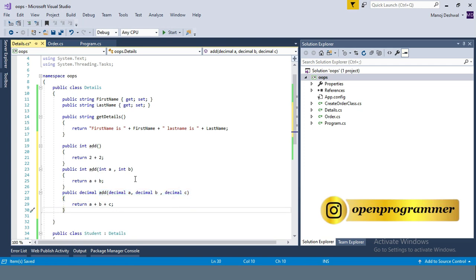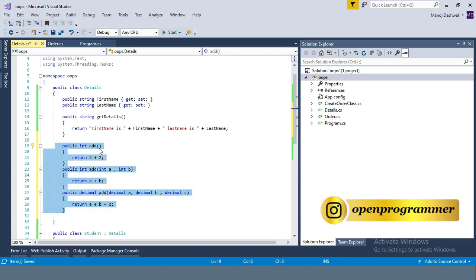We are using the same function, but at runtime we are changing the parameters. We can use it as a blank method, with integer parameters, and also with decimal parameters. So that is an example of polymorphism, one thing in many forms.